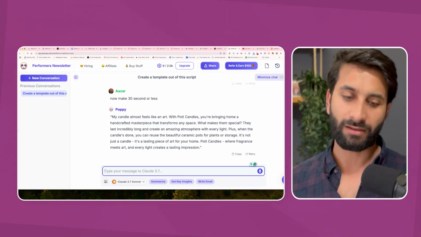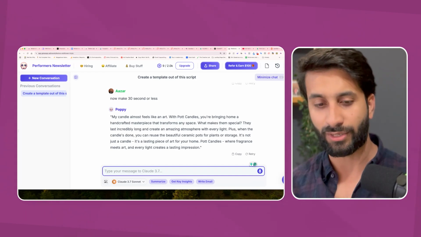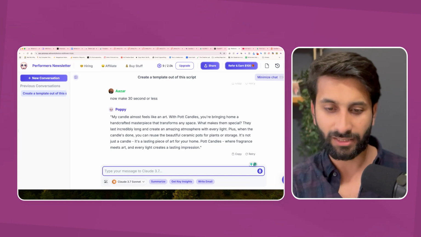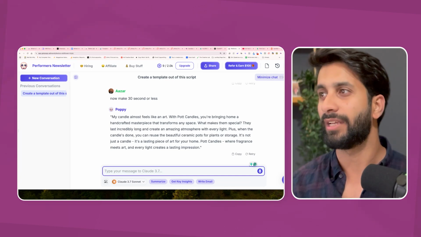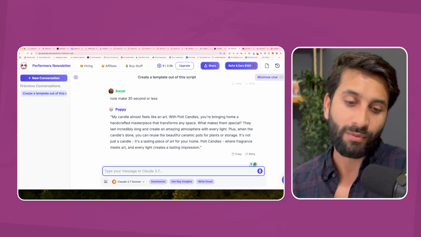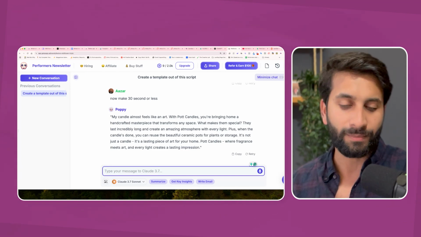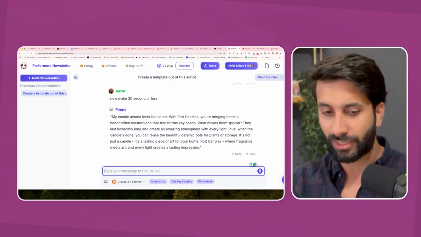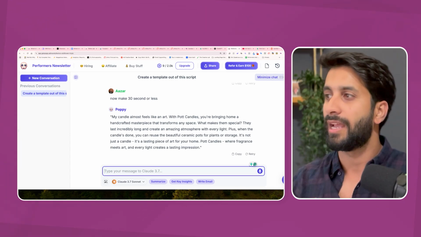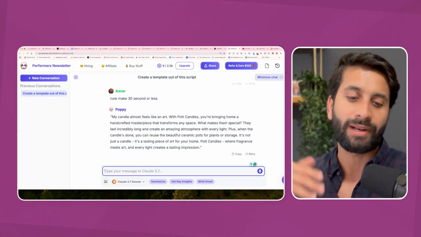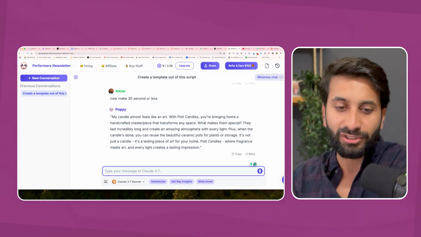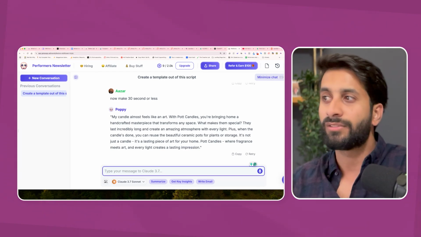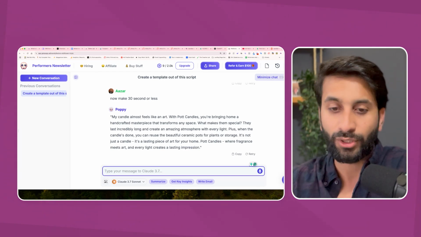So within 5 minutes, I was able to get from a key insight to a real script. I did not use "this is how my candle feels like an art" because it doesn't make sense already. But very quickly I was able to get the concept, get three benefits, and now I can add urgency, I can add more things. This will be my first draft, not the final draft, so I can now start working towards it. So this is how I do it.